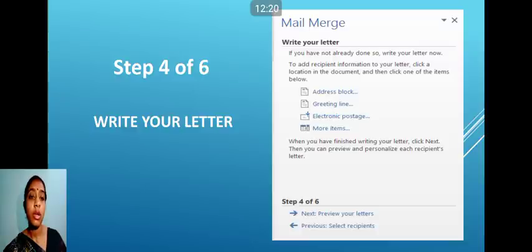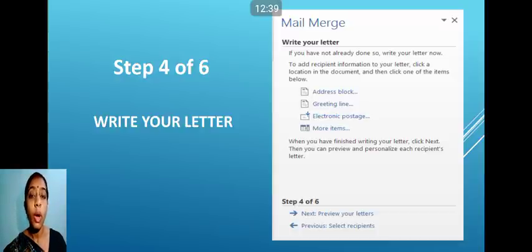In the previous window you have seen the fourth step written there: write your letter. After creating all this, we have moved to the fourth step. Now write your letter doesn't mean that you have to write your letter completely.